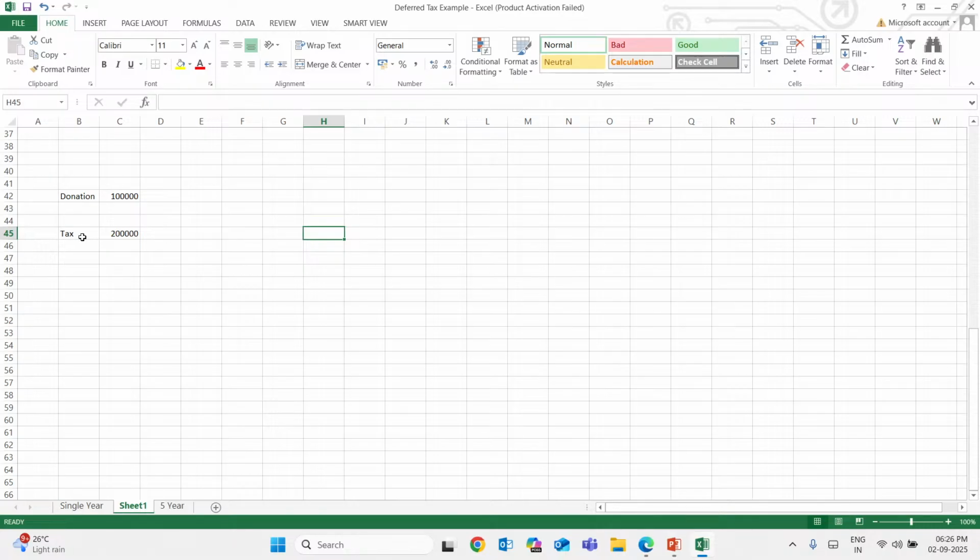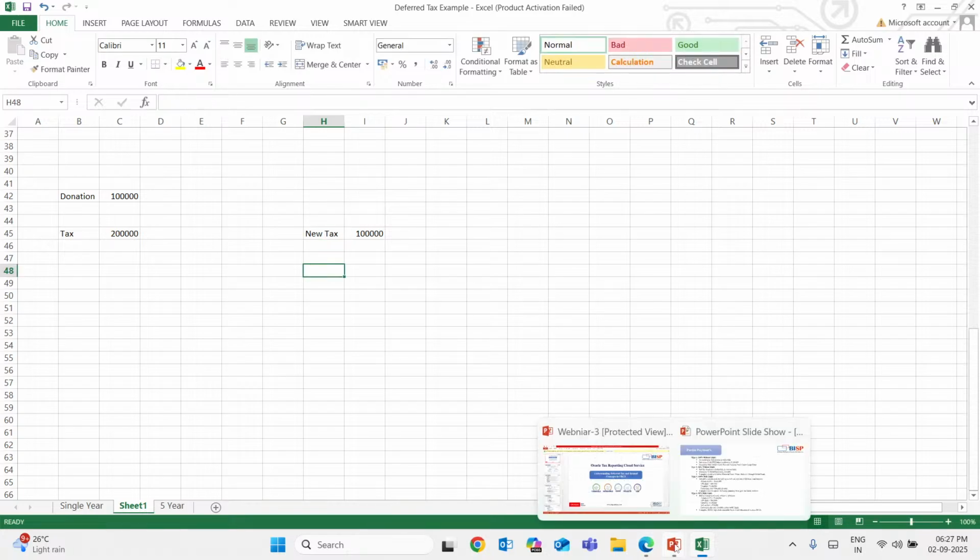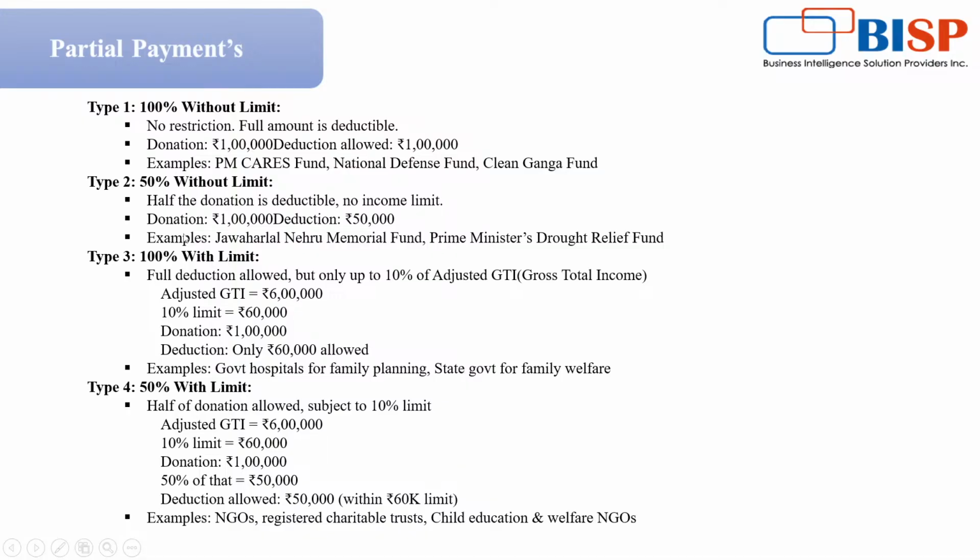So if it is actually the new tax, what will come here will be 1 lakh. Right, after we deduct the donation from the tax, we will have the new tax, which is 1 lakh, right? Next we are gonna get to the next answer, that is 50% without the limit, meaning